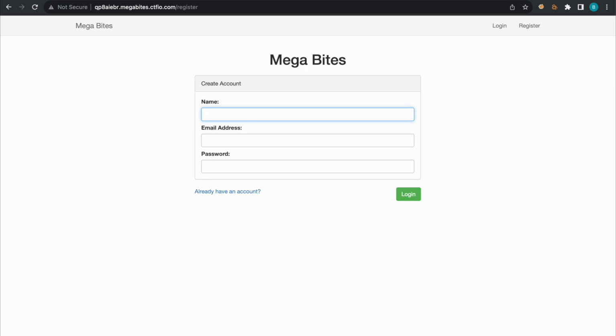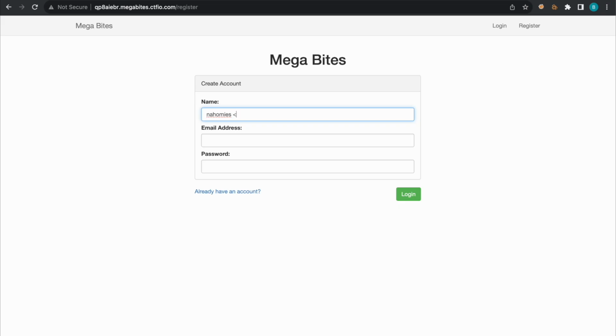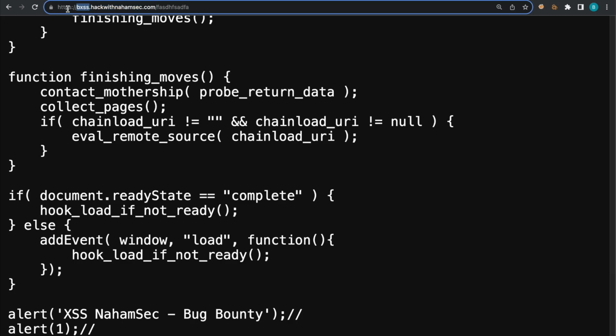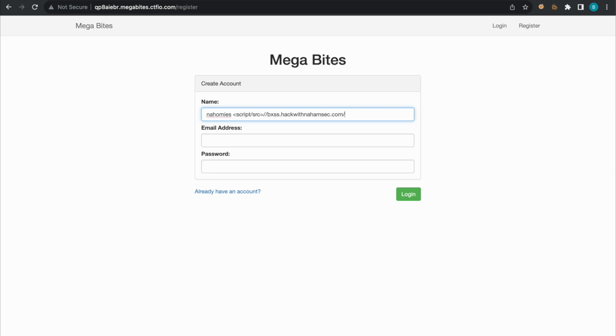So for our name, we're going to put Nahomi's, for example, and I actually like to put a cross-site scripting payload in here. Usually people put an image tag in there with an alert. I like to put something like a script tag, and I'm going to point it to this site right here, bxss.hackwithnahamsec.training. And I'm going to leave it actually open just in case there is some filter happening,